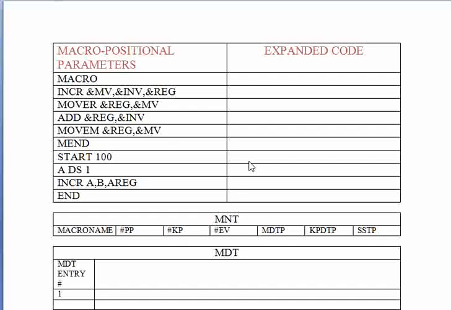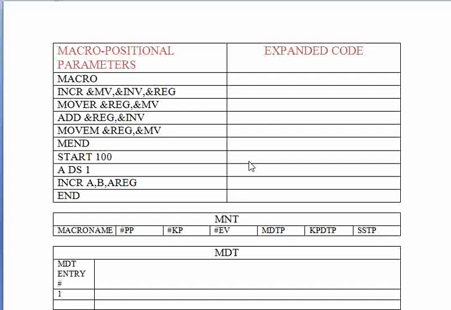The name of the macro is incr, but there can be more than one macro in our piece of code, and a macro can appear anywhere in our program, need not be always above our line called start. So macros can appear anywhere, that is, they can also appear in between the two lines start and end. It is not compulsory that all macros should be written above start. Before we look at the expansion, we'll just look at the macro briefly and look at the data structures that we require to expand this code.